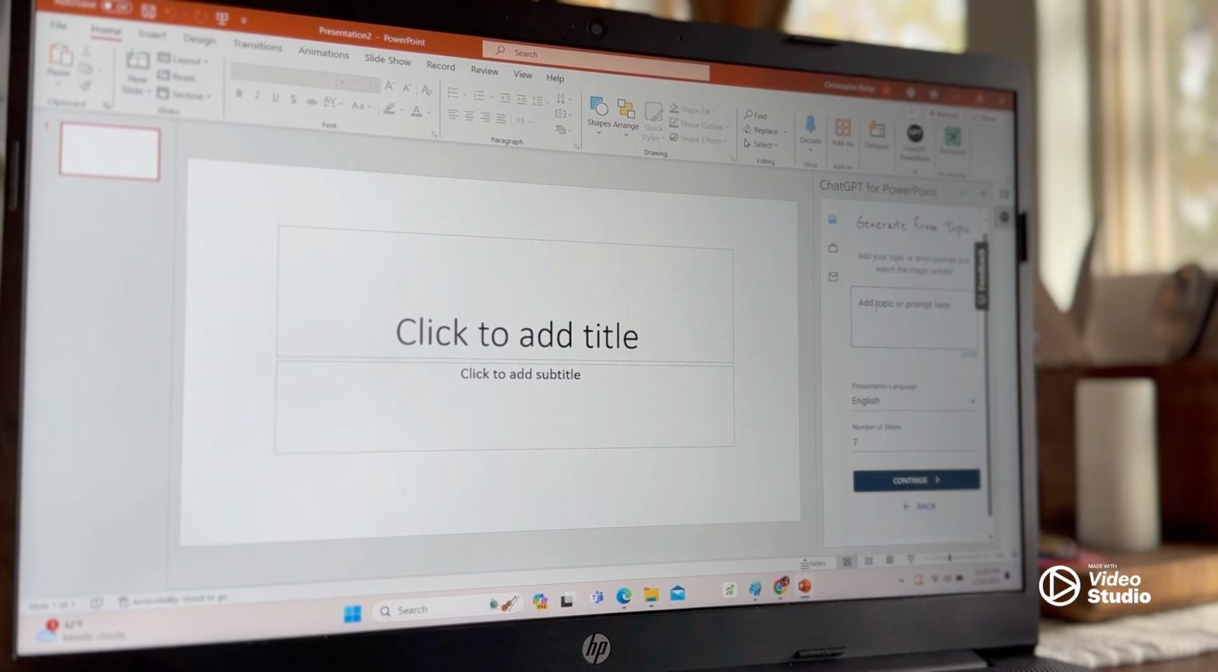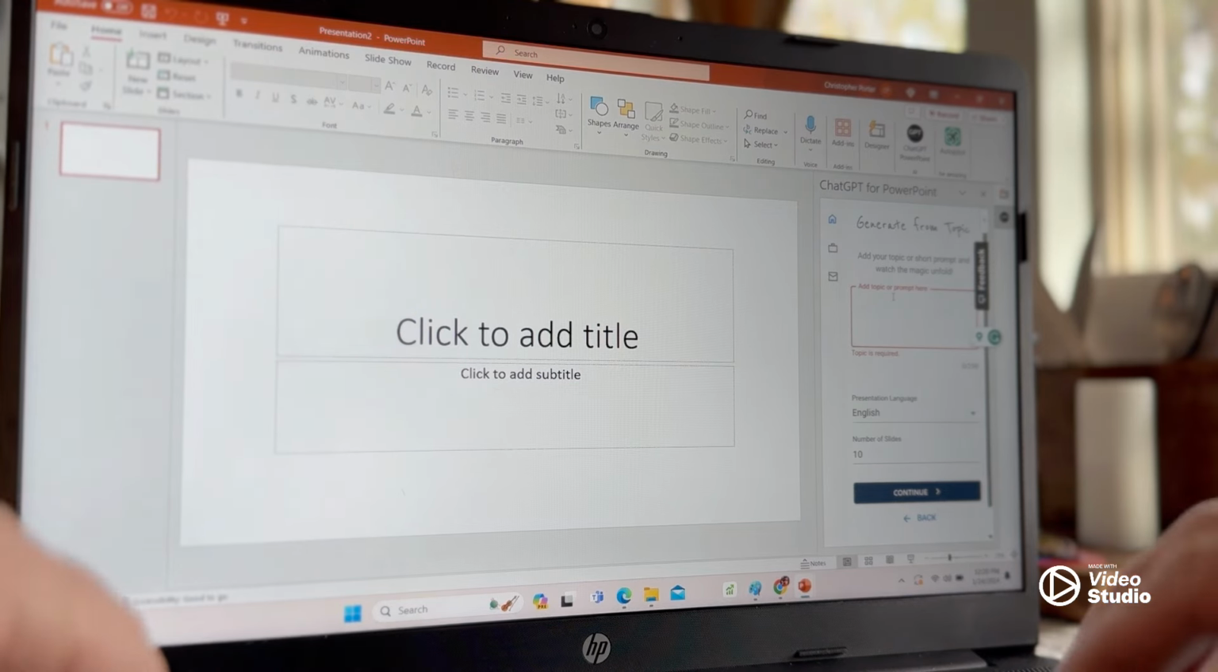We can do this by using our voice, or we can use our keyboard. Let's do 10 slides. And our topic is going to be, let's do something generic that everyone can do at home, and you could use whether it's a school presentation or work presentation. And let's see if the pictures line up with it. And that is why